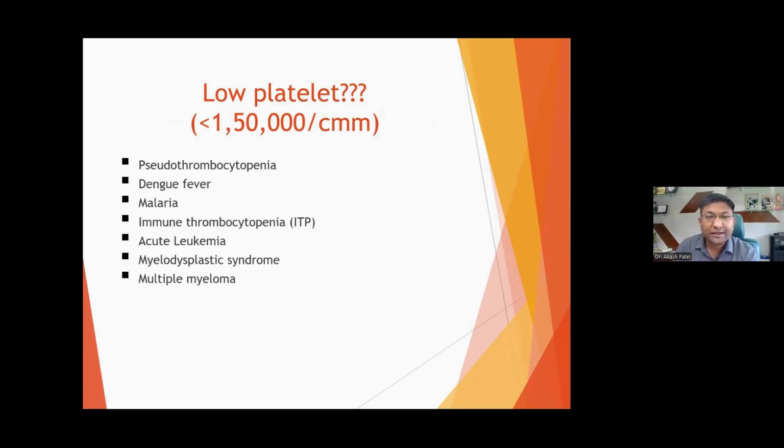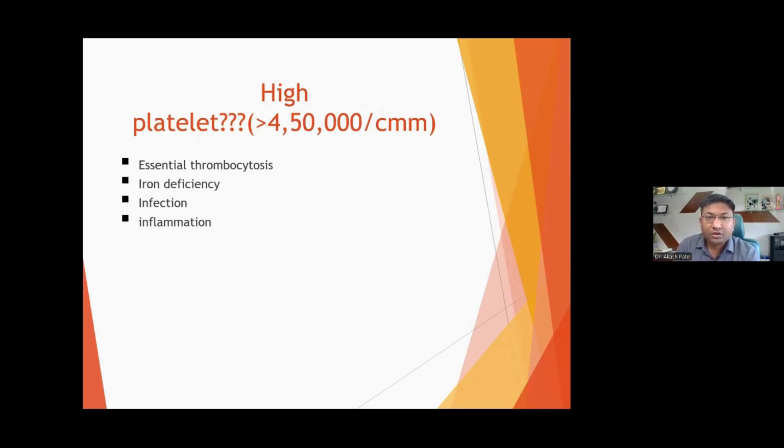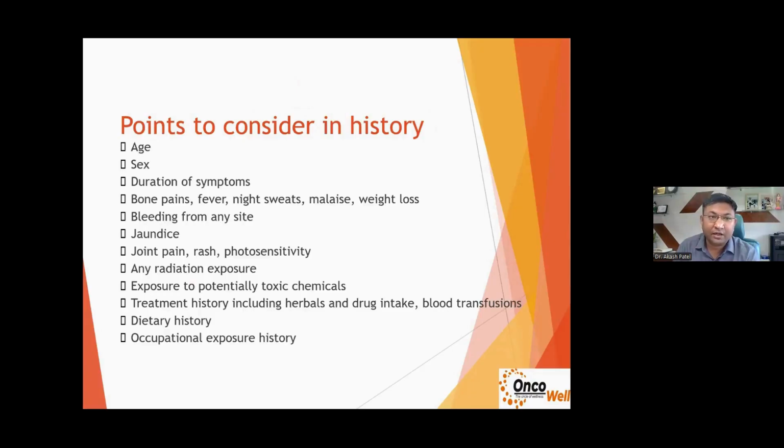These are the diseases where we can find low platelet count. For high platelet count, essential thrombocytosis, sometimes reactionary in infection, inflammation, and iron deficiency, we can find high platelet count. So after the overview, if we talk about detail for the patient in the history, these are some